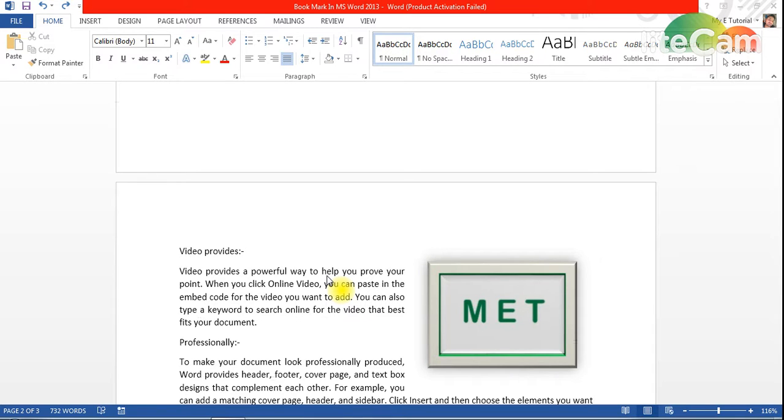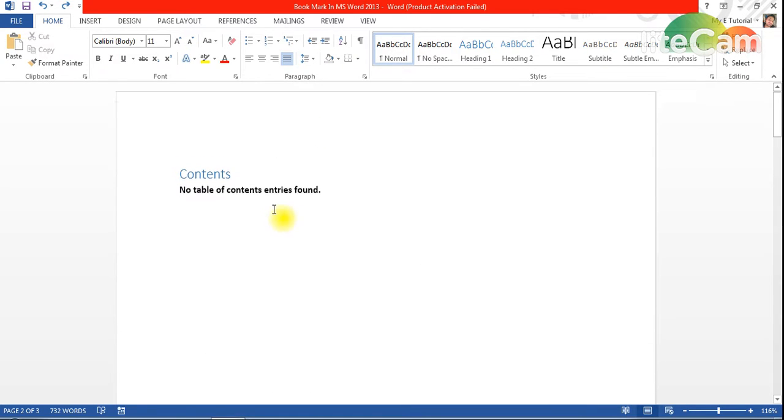Today I will brief you about the table of content: how you can insert a table of content, how you can maintain it, and how you can play with it. These are the main and core objectives on which we will focus during the upcoming minutes. So just follow me. Firstly, I will come to the sheet where I want to select the table of content.